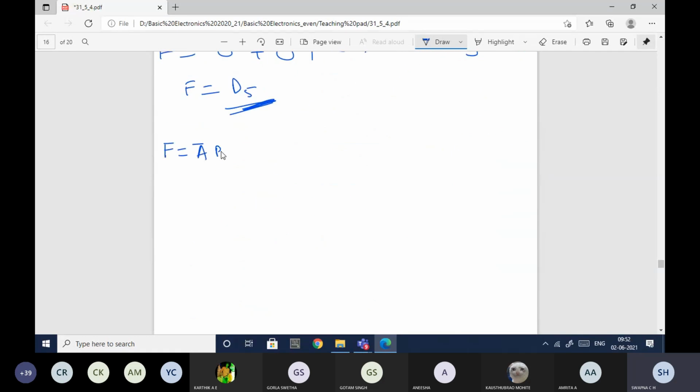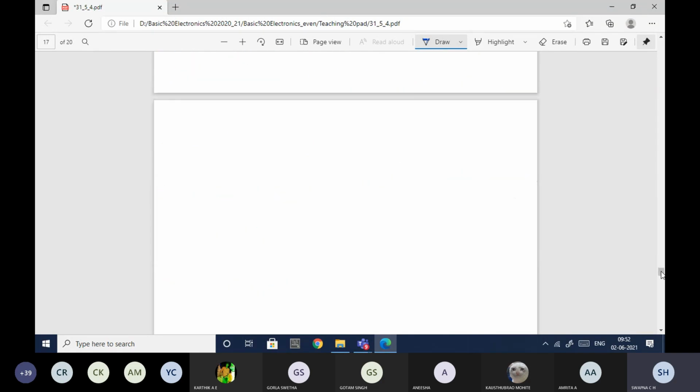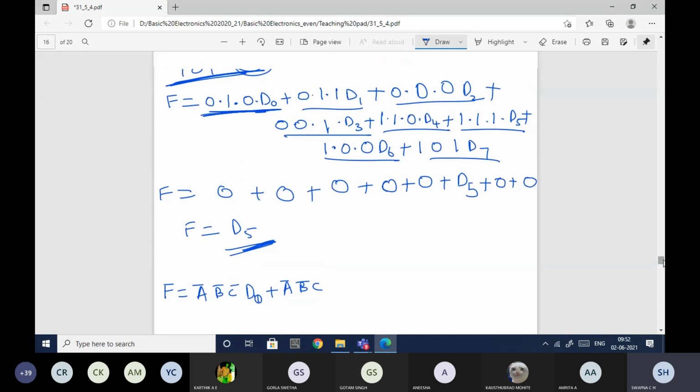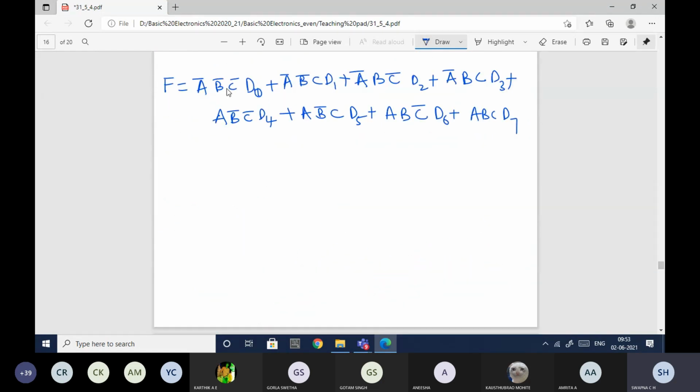You have A bar, B bar, C bar, D0 plus A bar, B bar, C. Same equation. I'm just writing it again because I want to implement A bar also. I have B bar also. I have C bar also.